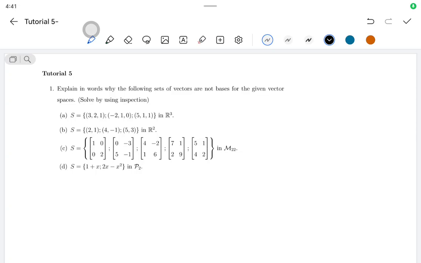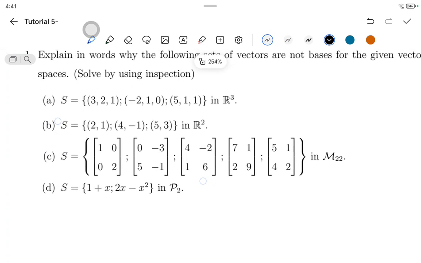The first question here, and they say we should explain in words why the following vectors are not bases for the given vectors or vector spaces. And then they say solve by using inspection. If we check, obviously we're not going to inspect, we're going to do step by step, right? Because we're trying to understand what's happening. But by inspecting,